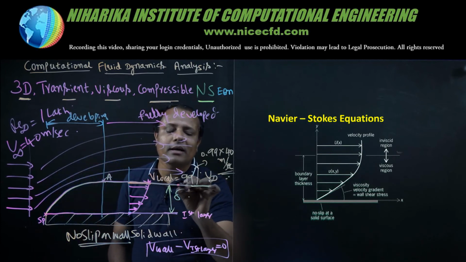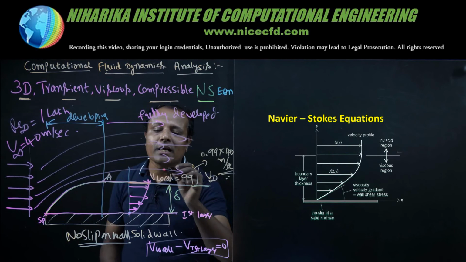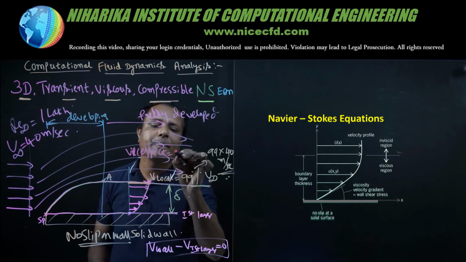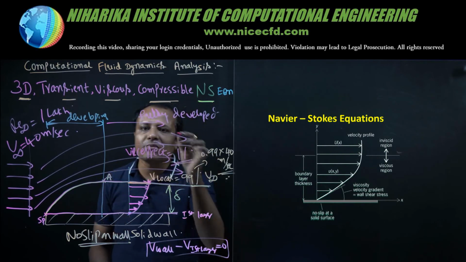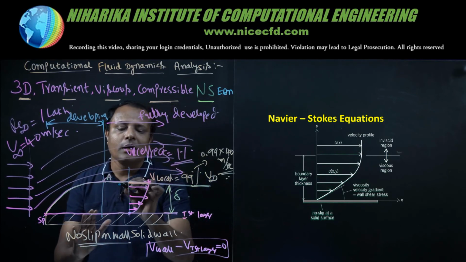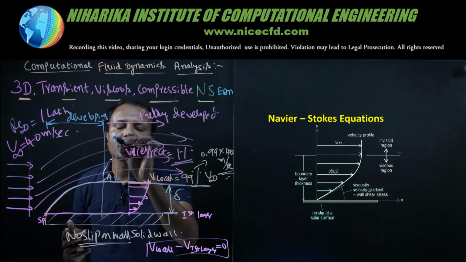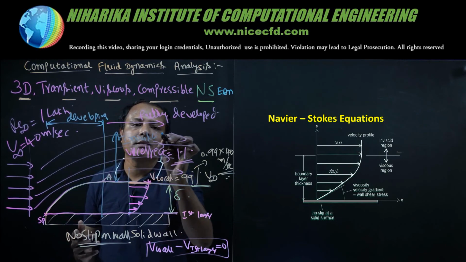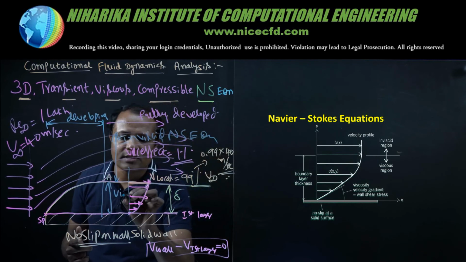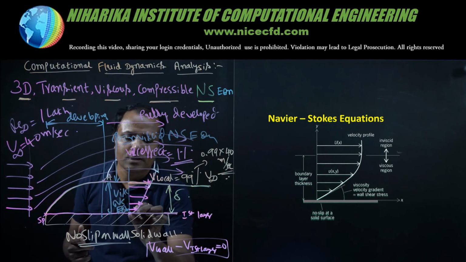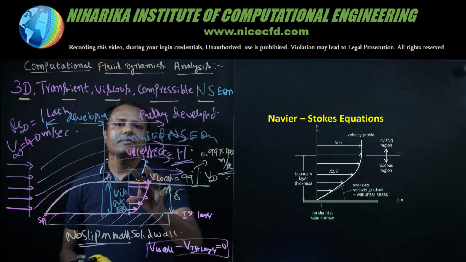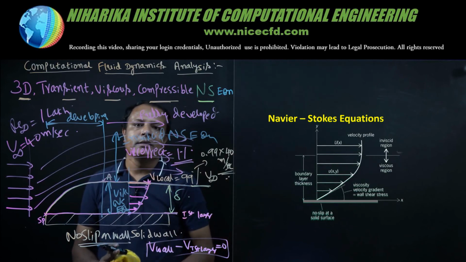Why are we cutting off at 99%? Because after this region also, the viscosity effect is there. That is 1% only. This we will ignore. This viscosity effect of 1% will be ignored, and above the boundary layer, we will solve the inviscid Navier-Stokes equation, and within the boundary layer, we are going to solve the viscous NS equation. That is the reason we have both viscous and inviscid parts in the Navier-Stokes equation.